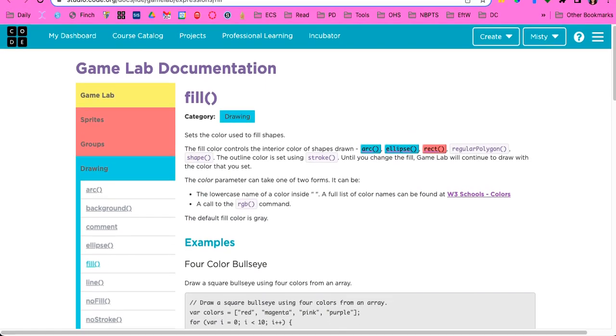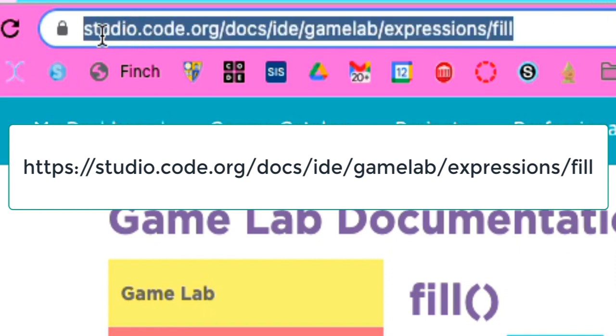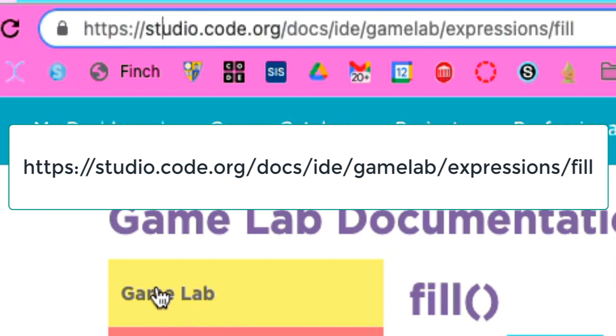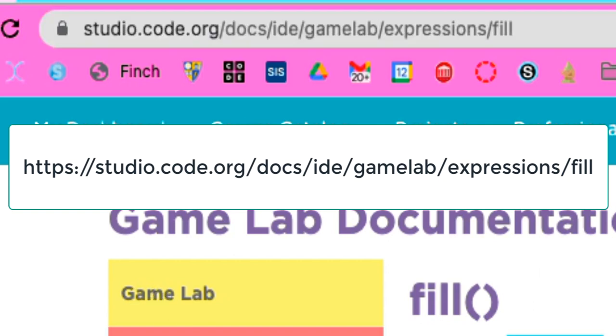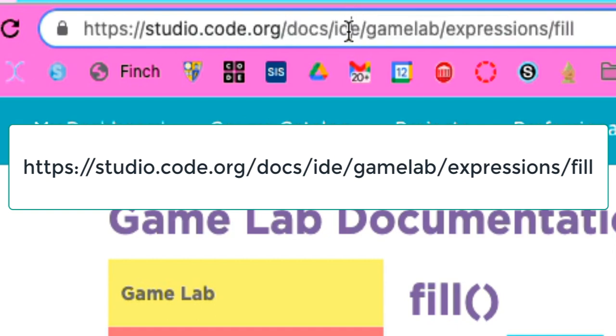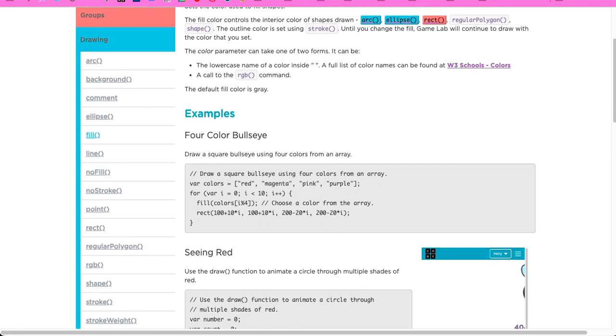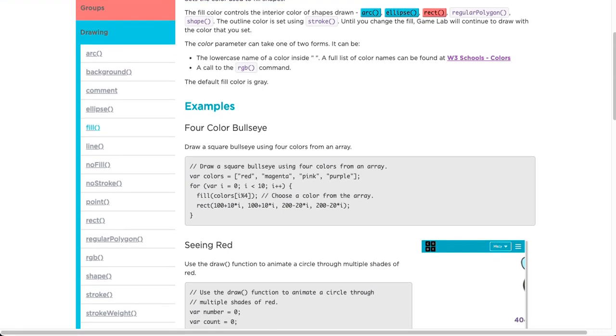So this is the link that you can use to go to the Game Lab documentation, studio.code.org/docs/IDE/gamelab/expressions/fill. And then you can see all of the other different ones, and that's how you can access all of